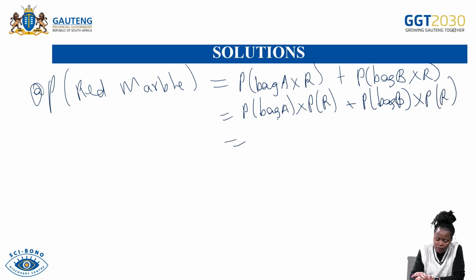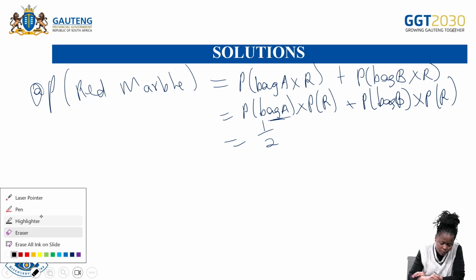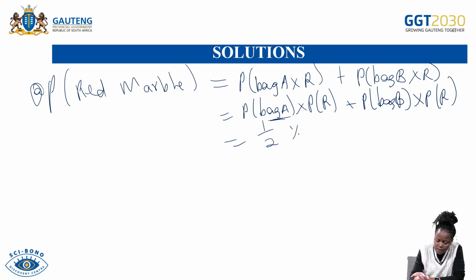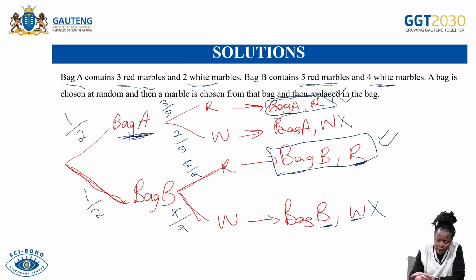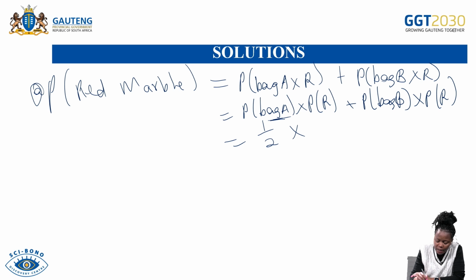The probability of getting bag A is 1 over 2, times the probability of getting a red marble. Here you can only get 3 out of 5 in bag A. It's 3 out of 5, plus